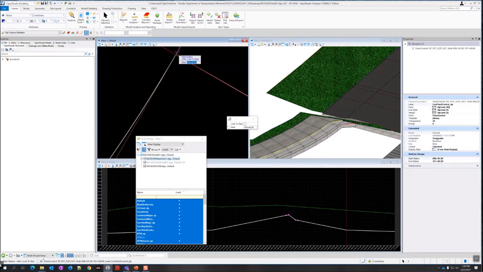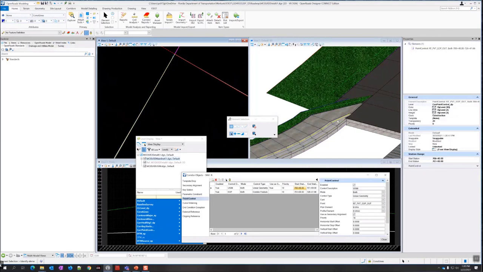Just make sure I'm snapping to the correct point. Okay, so that changed a little bit, but it's still a little bit glitchy right at the end. So I'm going to just change that start station, move it up by 100th to 40.01.